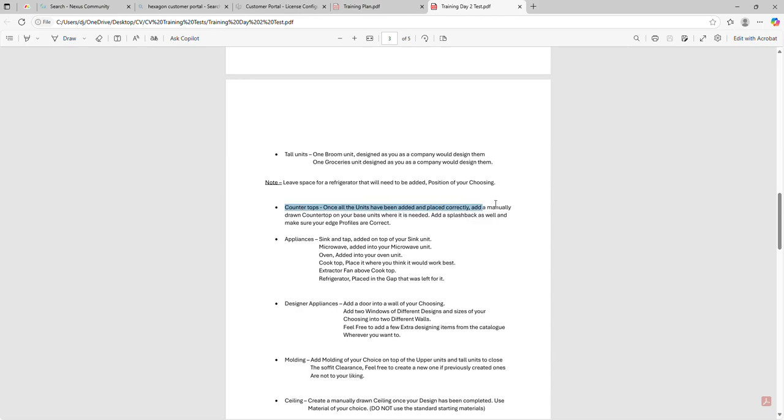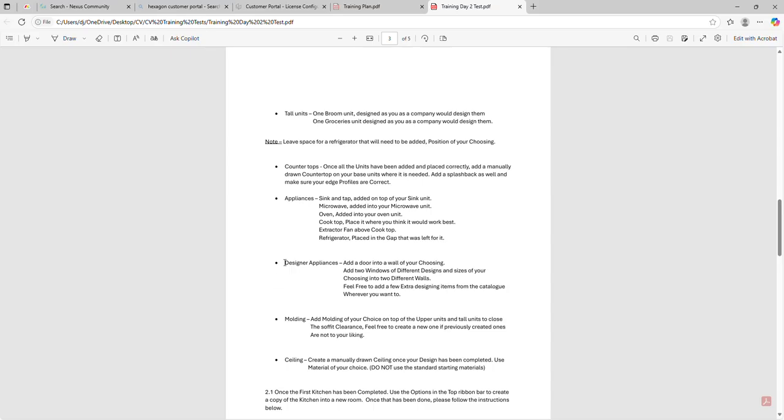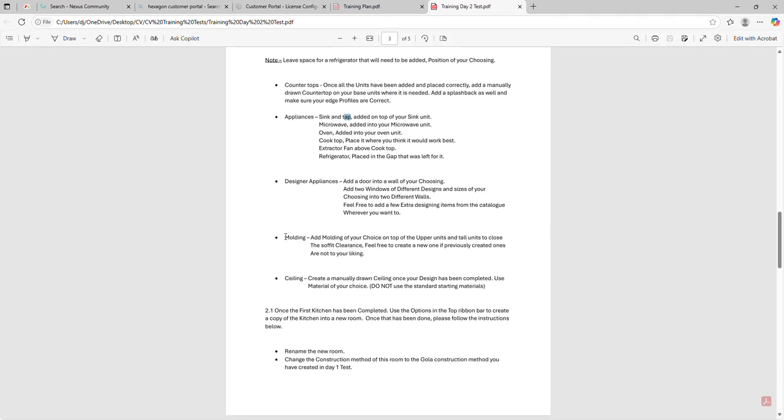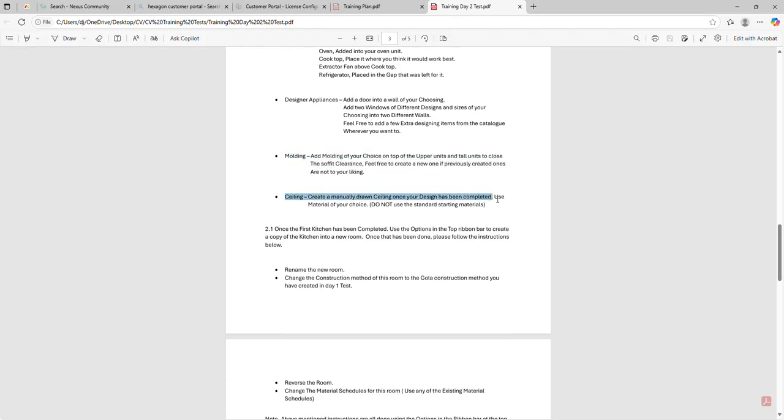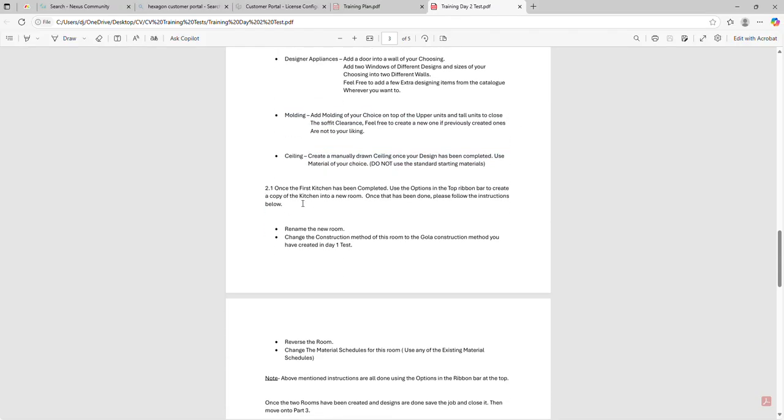Then you need to add a countertop. You need to add some appliances, some designer appliances of your choosing, like we showed you, add them in the wall, place a table around wherever you need to. I just want to show you something quickly as well. I forgot about the tap, but I'll show you just quickly how to add that tap on the sink. It's very easy. Then you can do some molding, design a ceiling, and then once that kitchen has been completed,